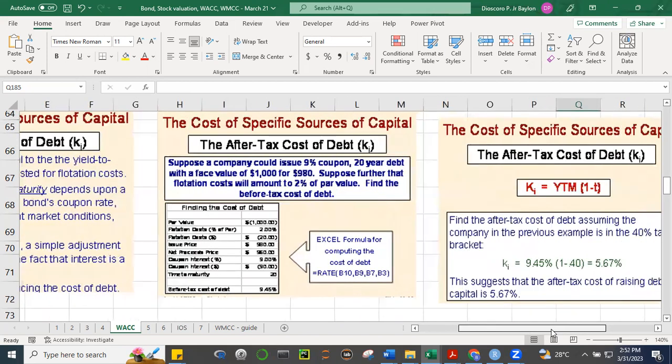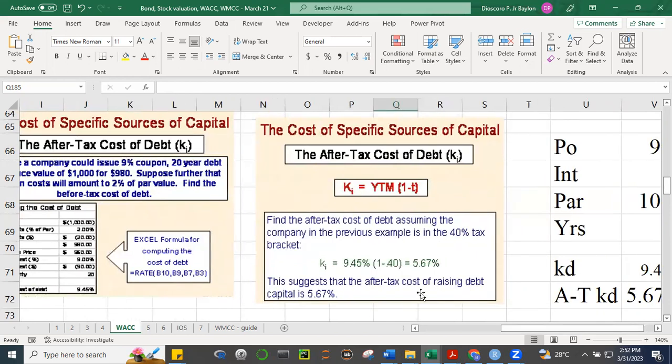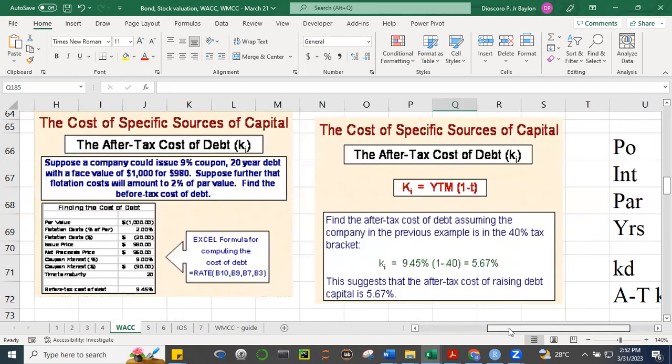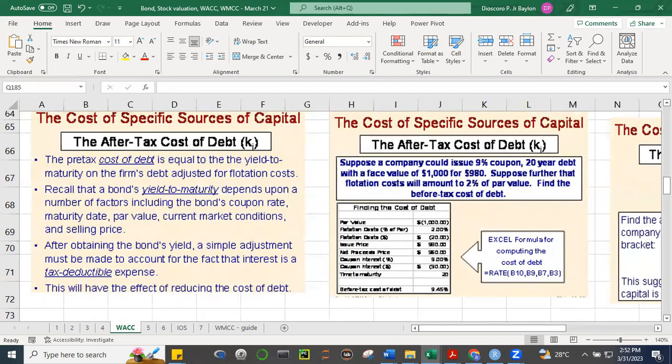Once we're able to compute the before-tax cost of debt, in this case 9.45%, we net it against the tax rate. So that's 1 minus whatever the tax rate is. Here, the tax rate is 40%, so your after-tax cost of debt is 5.67%. And then we do the same thing for